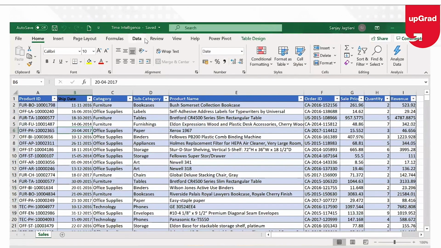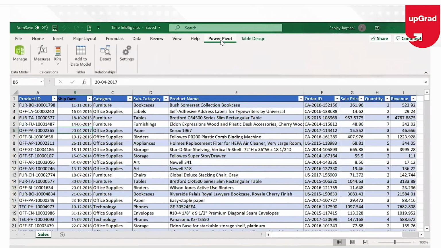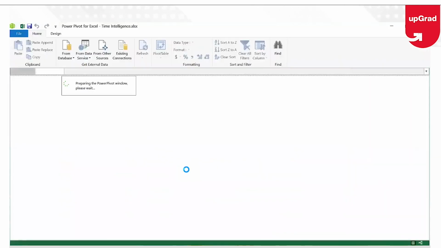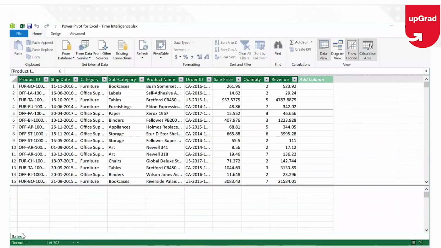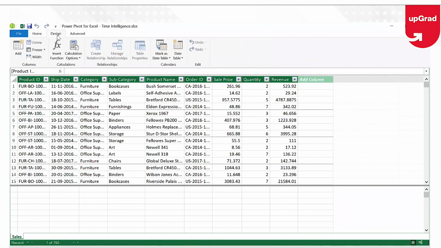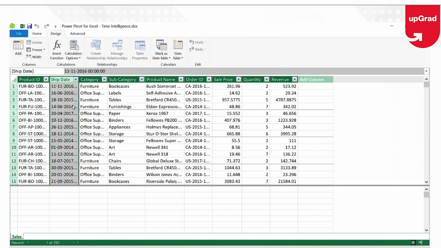The foremost thing that you need to do to perform any calculation in Power Pivot is add the data to the data model. I have already added that to the data model. When I click on data model, it shows up here. Now I will have to create this table, which shows me the ship date in calendar form.